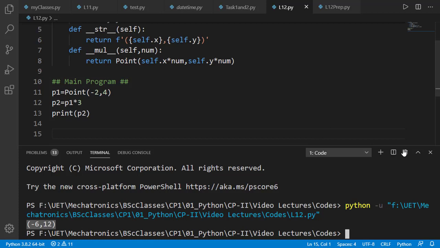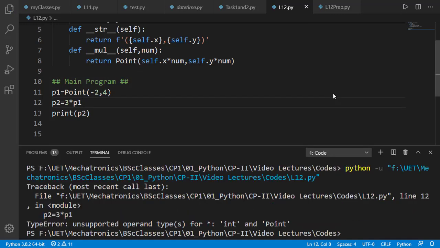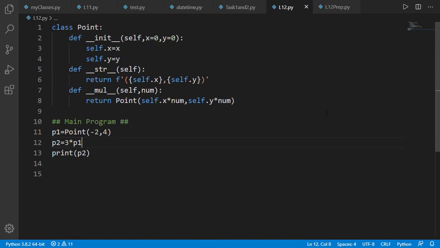But now if, instead of p1 times 3, I change it to 3 times p1 and run the program, you will see that it generates a type error: unsupported operand for multiplication, int and Point. Basically, the dunder method we created in our class defines multiplication between a point and a number, but it fails between a number and a point. We'll see the reason for this failure in a while and then solve it using the NotImplemented approach.